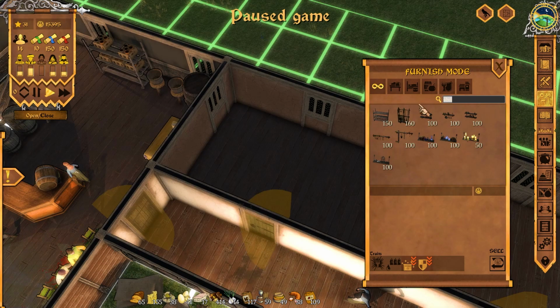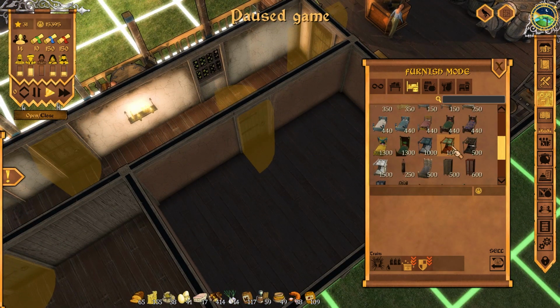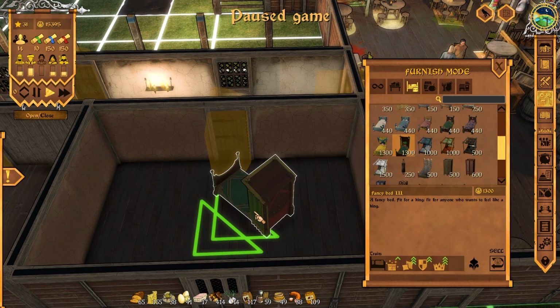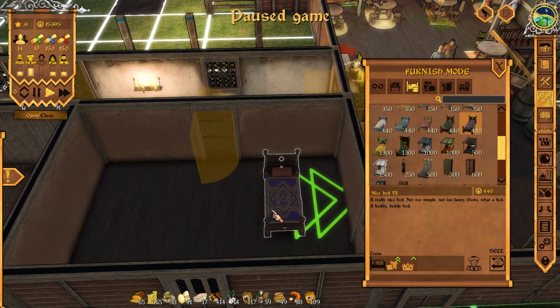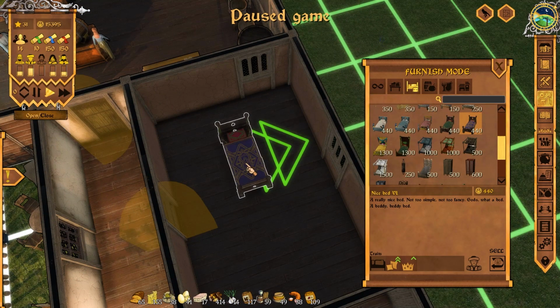All right, and beds. Let's let the beds inform the type. What kind of beds do we have on offer here? We could go with the purple ones. We could go real fancy. These are quite fancy, though. I almost want to go purple. I like purple. I like purple for us. And I'm going to go...